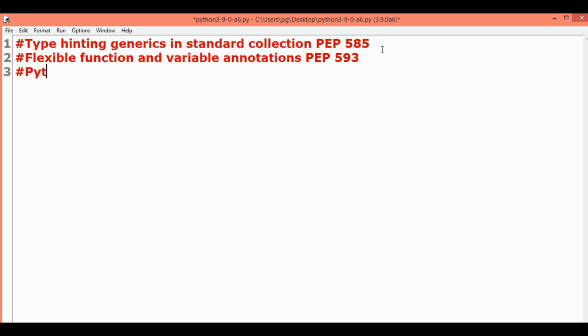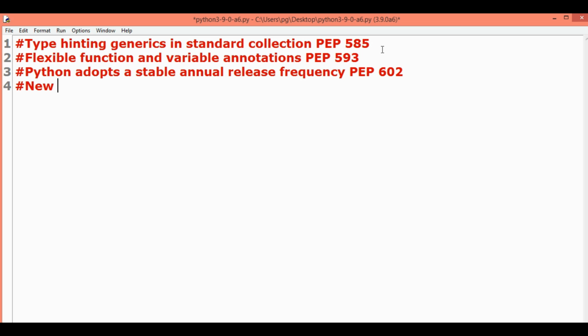Then Python adopts stable annual release frequency as per PEP 602. Then new PEG parser as per PEP 617.